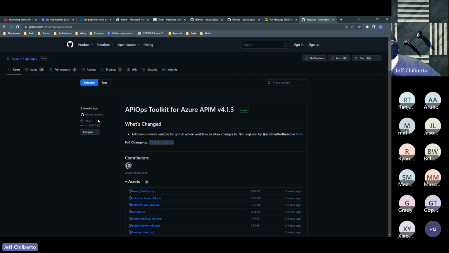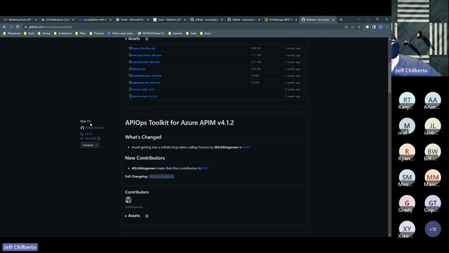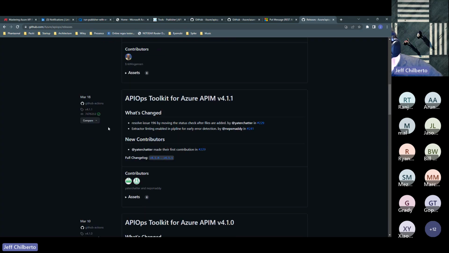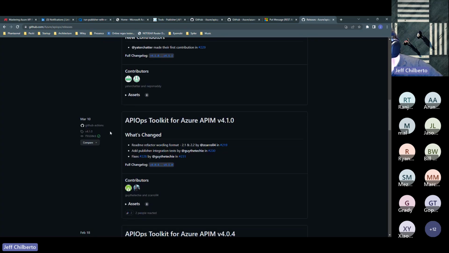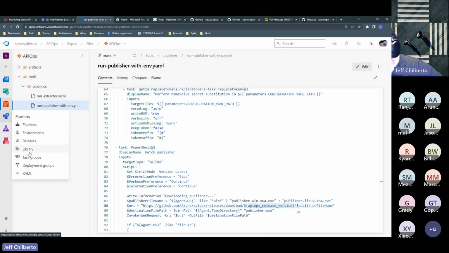The release that I'm calling is actually 404, but you'll see that they're on 413. You can get an idea of what's changed across the different releases. As they fix the bugs, you can see they're doing a good job of documenting what's changing. The reason I said 404 is that it's actually going to pull this from a variable. That variable is defined in